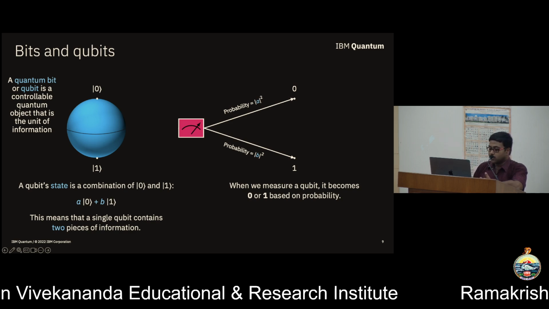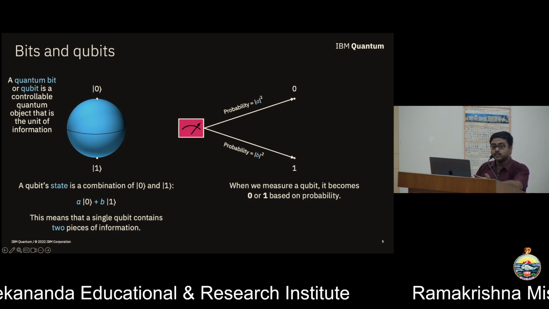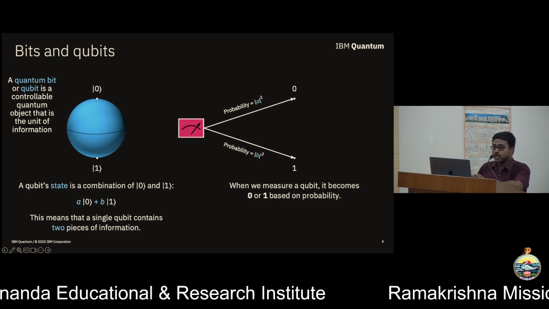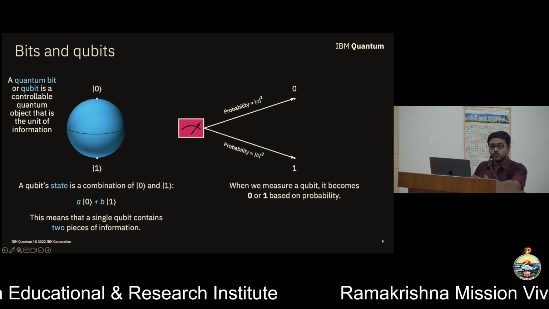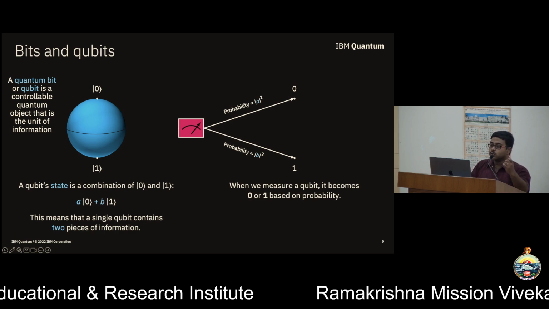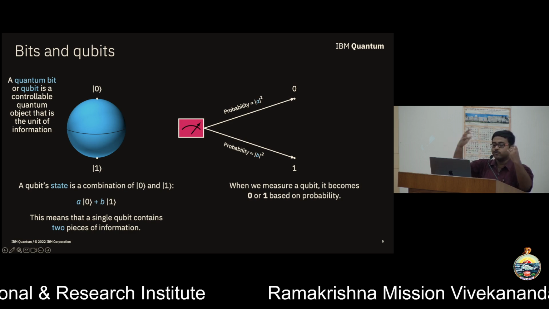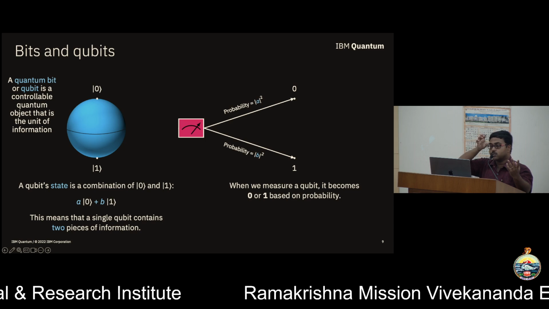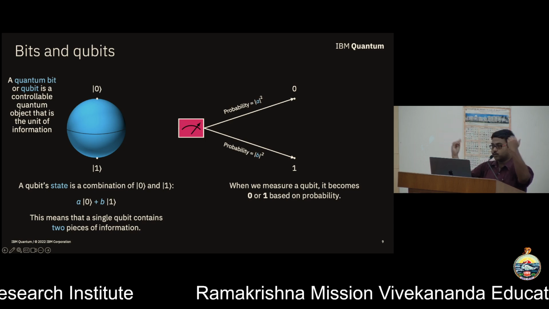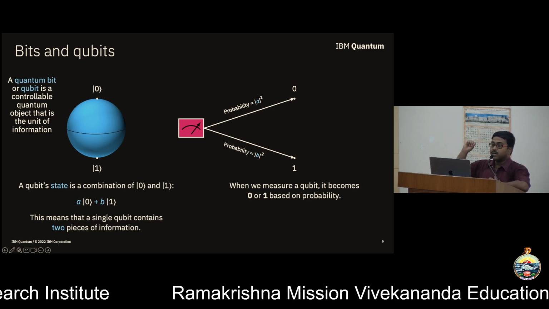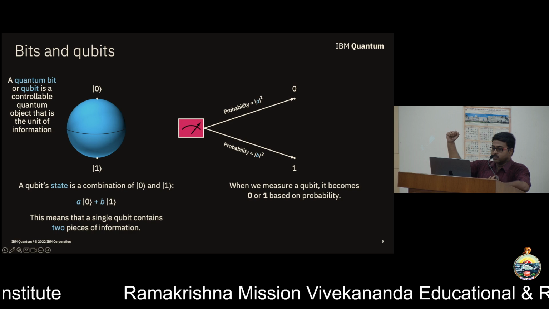Right? So this statement is not mathematically precise when we say that it's both 0 and 1 at the same time, but there is no harm for now in thinking that it's both 0 and 1 at the same time. If anyone wants to be very mathematically precise, it's a different structure, it's a different waveform or whatever you think, that it's not really 0 and 1 at the same time, it's a completely different quantum structure. But it does contain the information of both 0 and 1 at the same time.